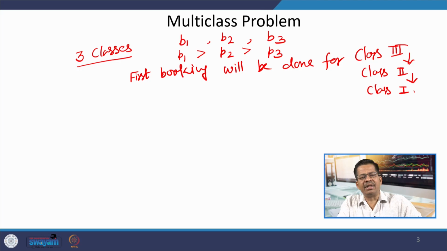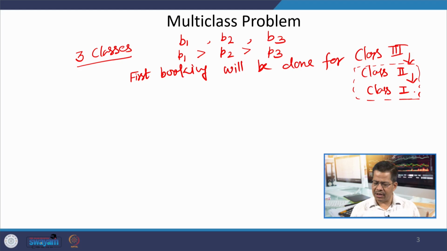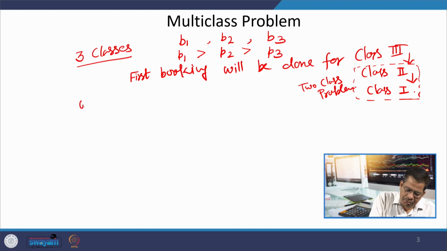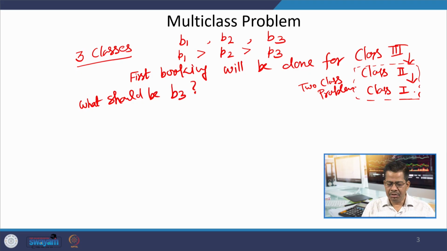All of you can easily understand, when I am at a situation of class 2, I have to decide how much I have to keep for class 2 and how much will go for class 1. Then at this particular stage, it is very clear, without any additional effort, that it is a 2 class problem. But when we are considering how much I need to allocate at B3, should I allocate one seat extra to B3?